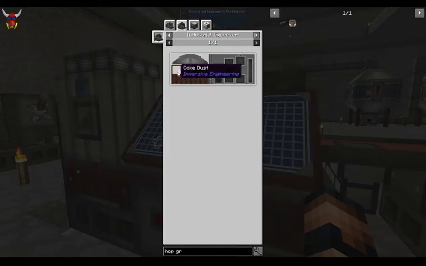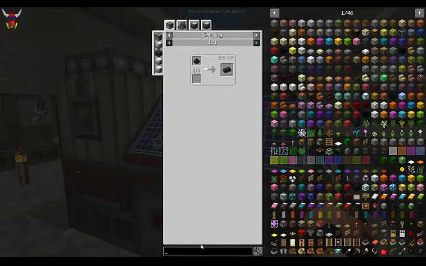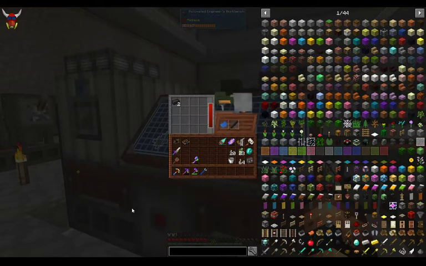So you're looking at coke dust. 8 coke dust is going to hook you up with 1 of these graphite dusts, this HOP graphite dust, which in turn gets you a single graphite ingot. So keep that in mind. You're going to need some coal coke yet. Grind that stuff up, get it into the industrial squeezer, and then pump that out. So you don't have to really screw up your whole